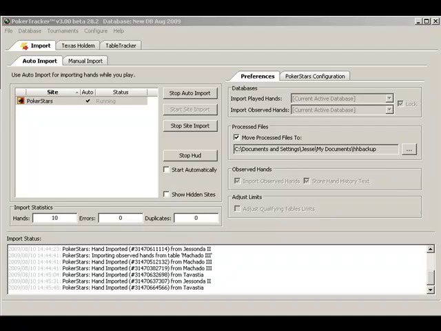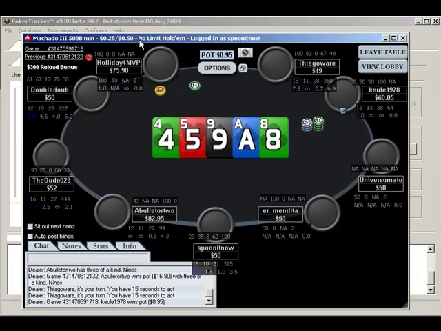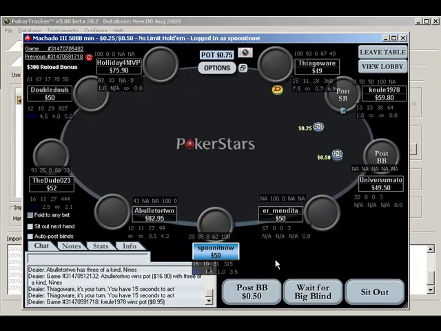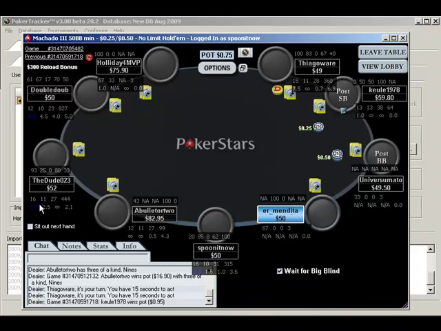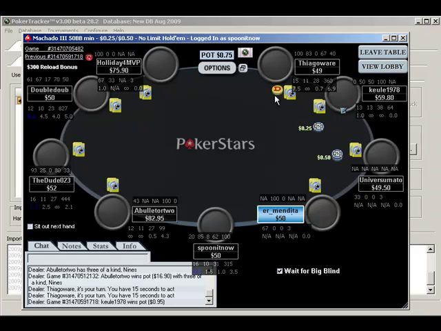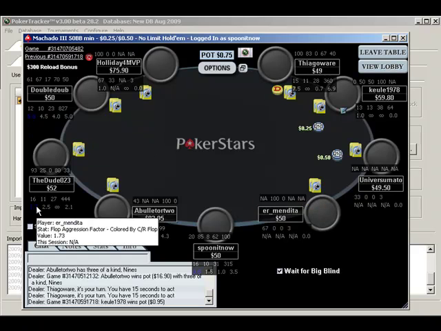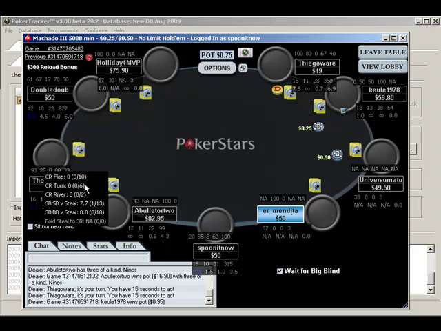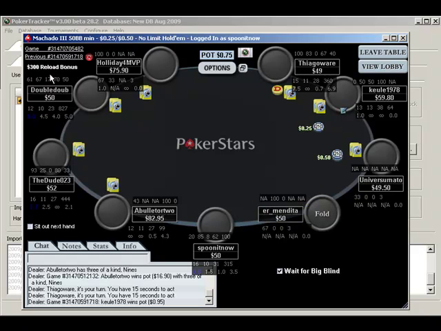Okay, so now we can look here. It hasn't adjusted for the seat yet, but you can see that on the flop here people have already gotten their little blue stat for not check raising over